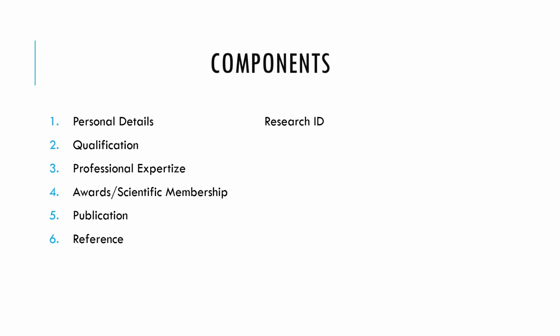For the publication, you can divide it into international journals and national or international conferences. In one column, mention the most important papers which you have published in recent years or the past 10 years. Keep the more important or more cited journals at the top, and give preference to journals which have a higher impact factor and science citation impact.